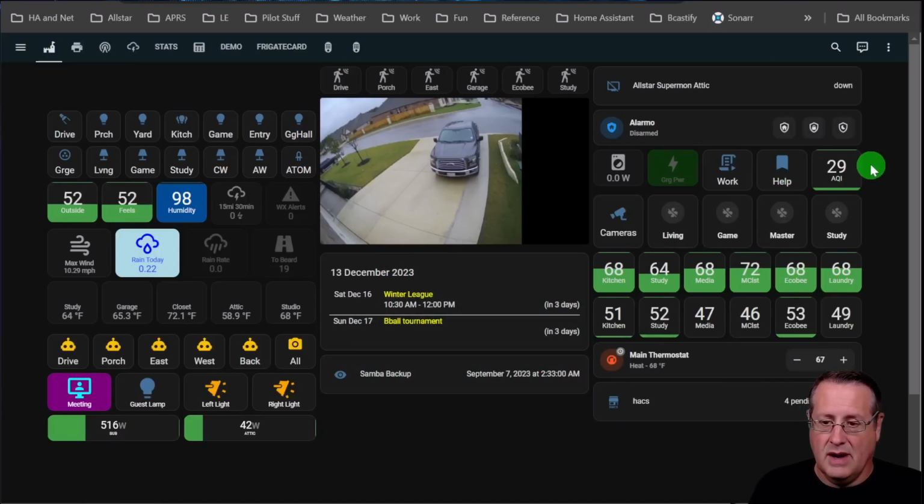That's new. This is an integration that measures air quality in my area, which is good right now. This is a quick button that opens up the cameras page on my screen. Now, these are all